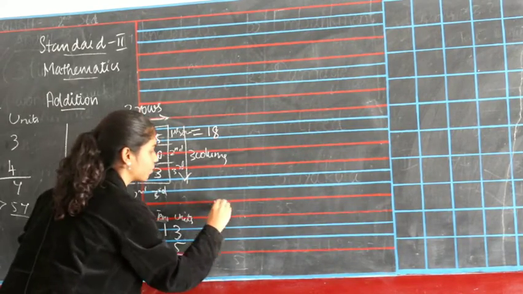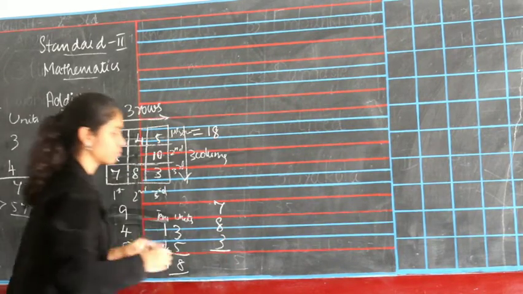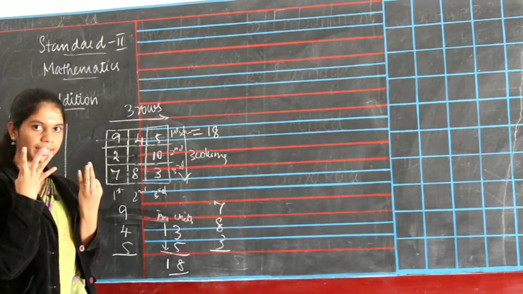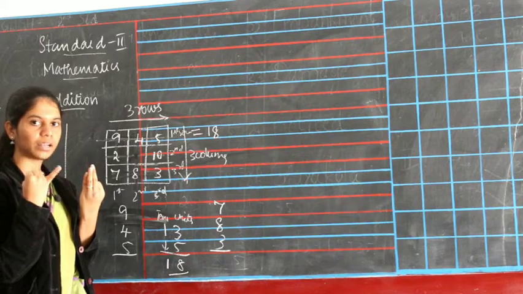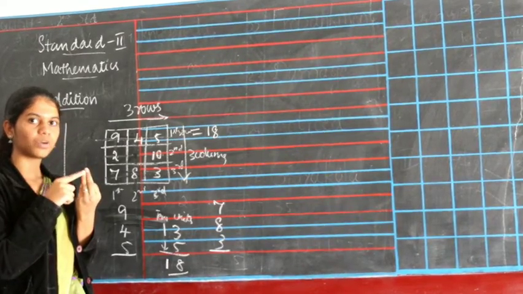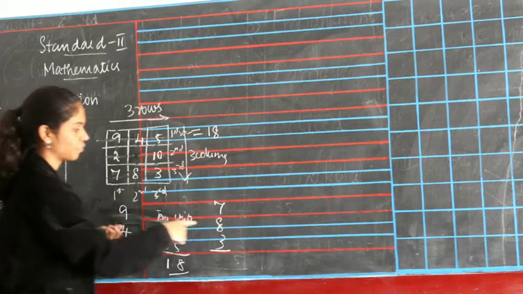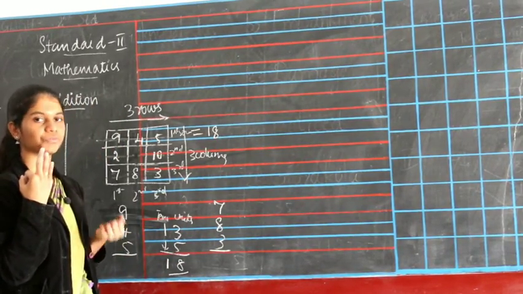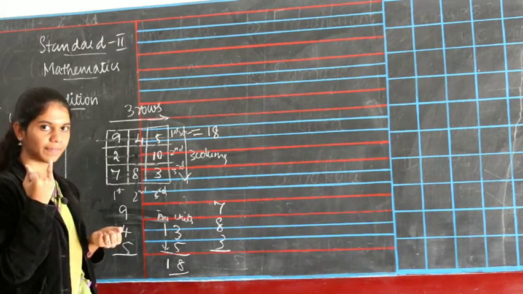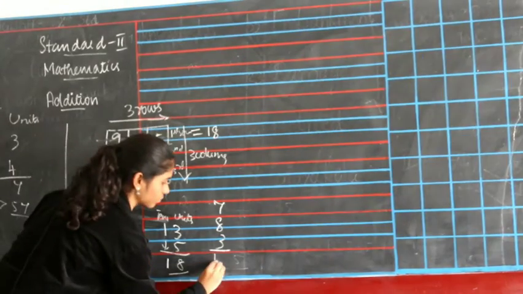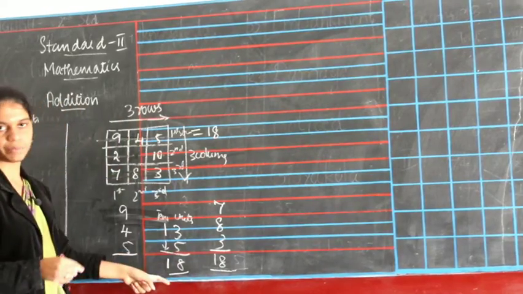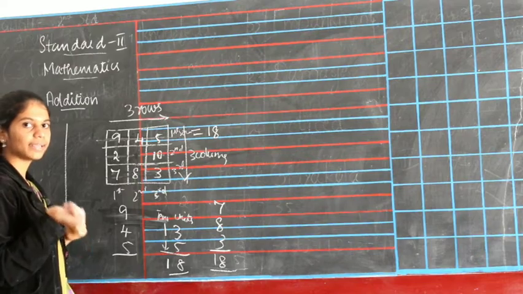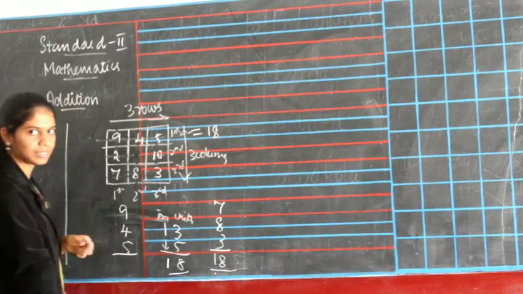Okay, 7, 8 and 3. So 7 in your mind, 8 in your finger. 7 after 8, 9, 10, 11, 12, 13, 14, 15. So 15 plus 3. 15 in your mind, 3 in your finger. 15 after 16, 17 and 18. See, you got the same answers. Okay, now here also you are going to add and get a number as total as 18.